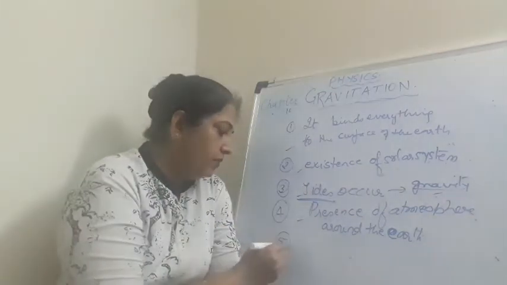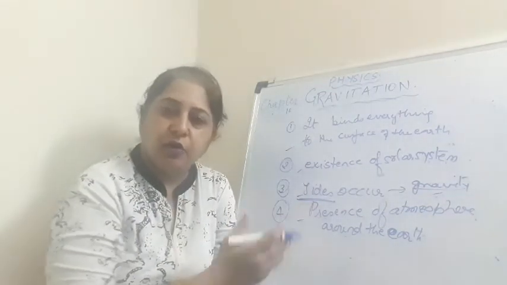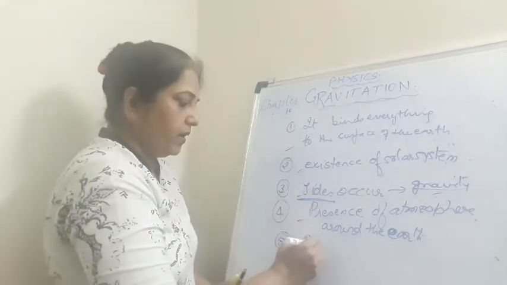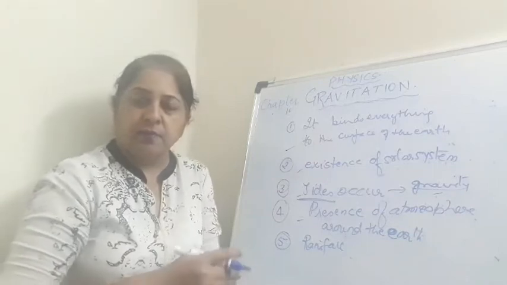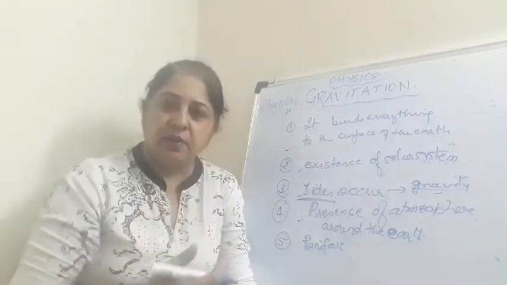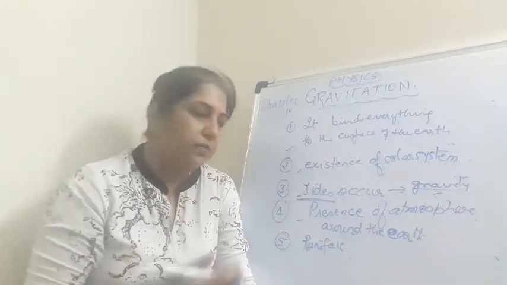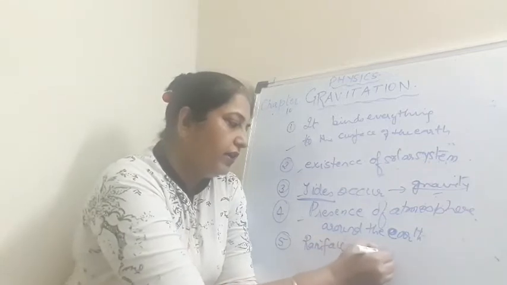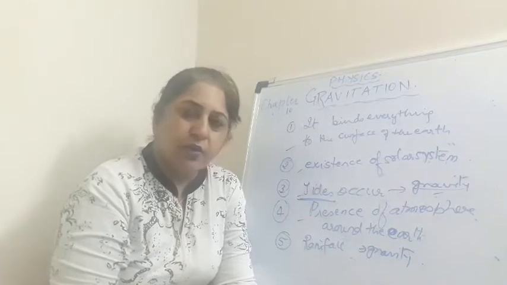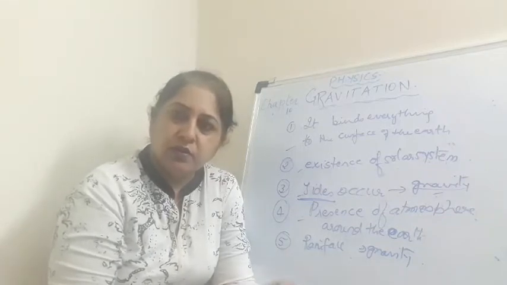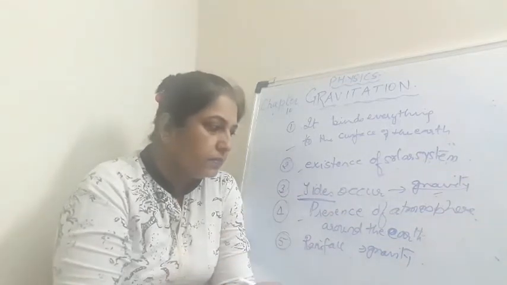There may be some more points. Rainfall, yes, very important. Rainfall means rain is coming down. So rain is falling because of the force of gravity or the gravitational pull. So if you are asked to write the importance of this universal law, you can write these